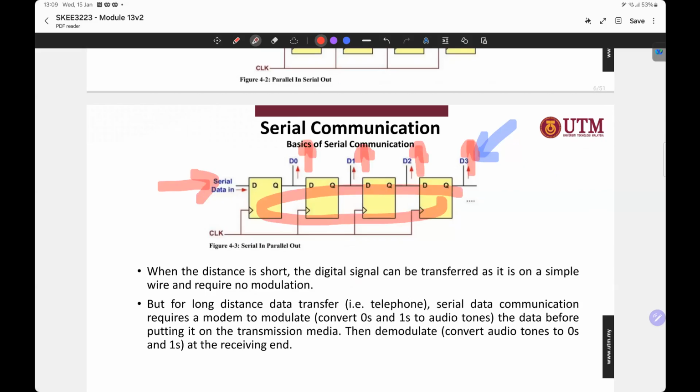So when the distance is short, the digital signal can be transferred as it is on a simple wire and requires no modulation. You can use this serial communication without any need to